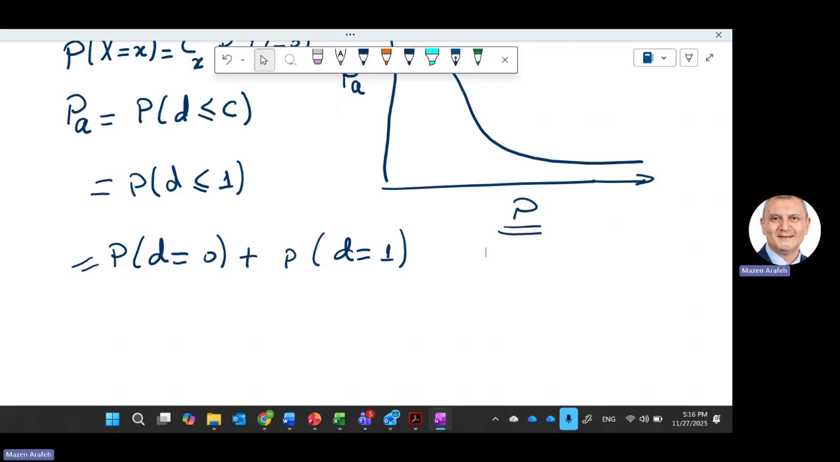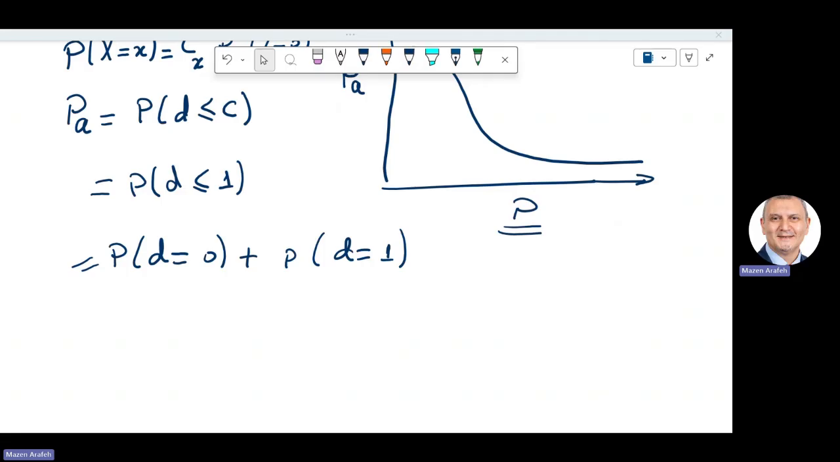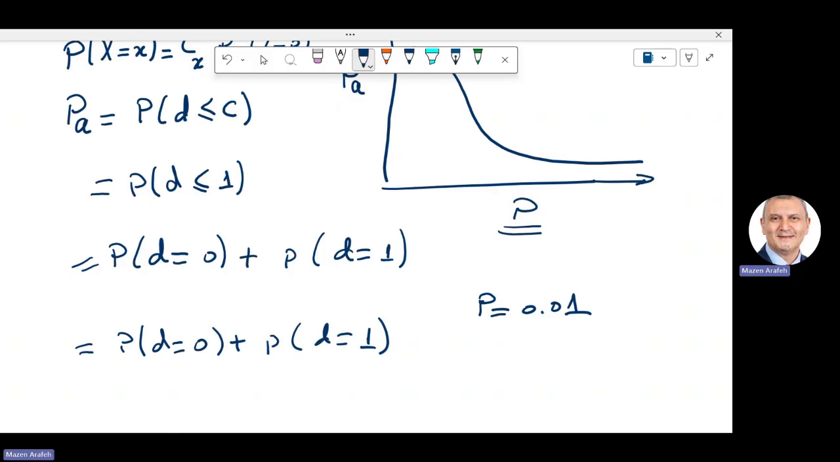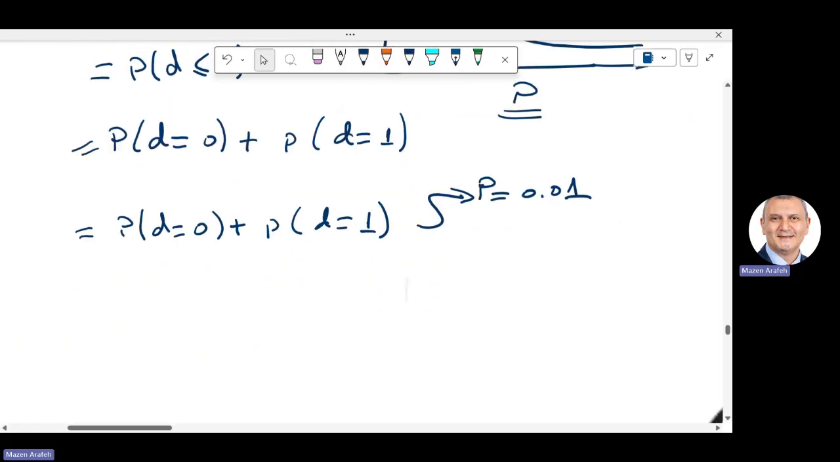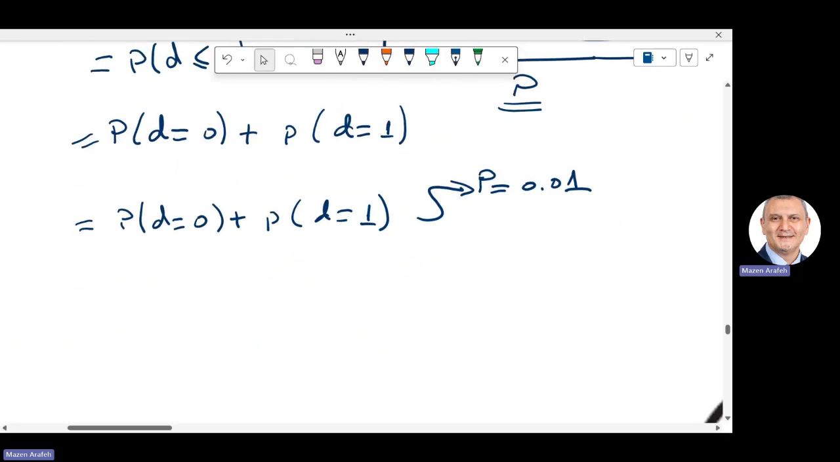So if we start by, for example, just as an example, let's use p equals 0.01. So let's try to find the probability of d equals 0 plus probability of d equals 1, where p is equal to 0.01. Okay, so now we just take the equation and